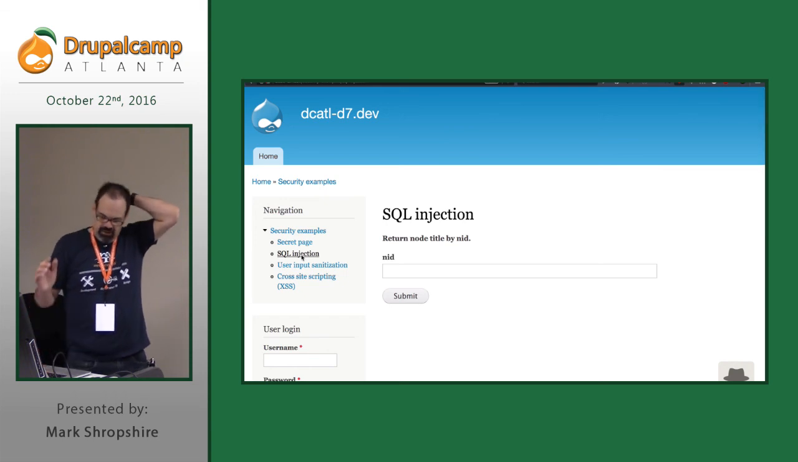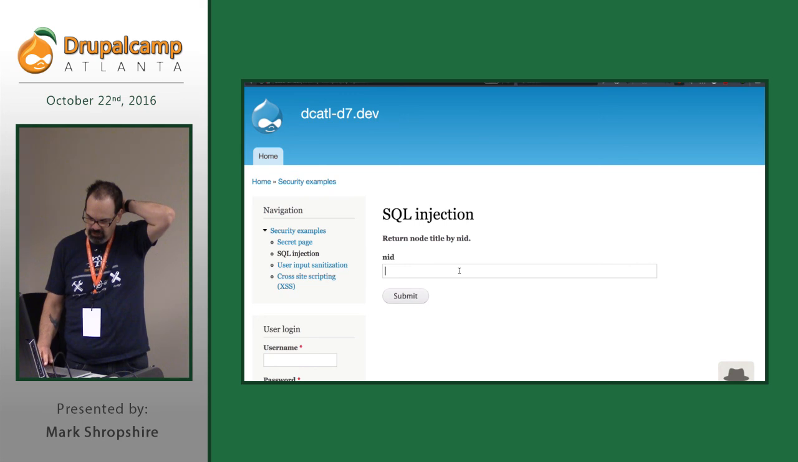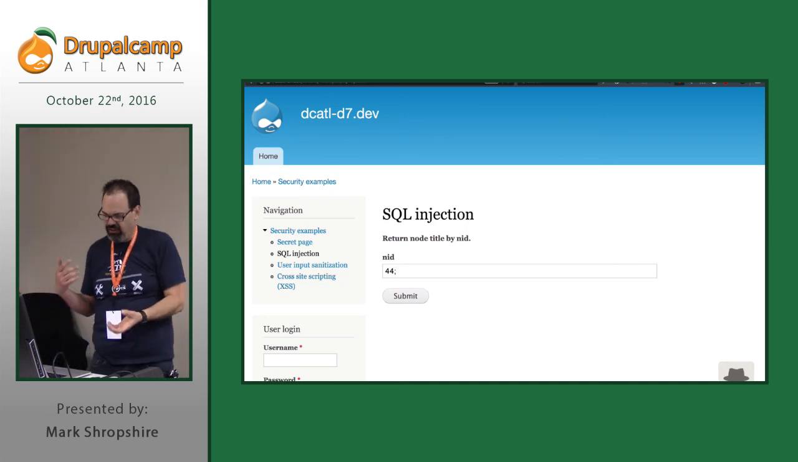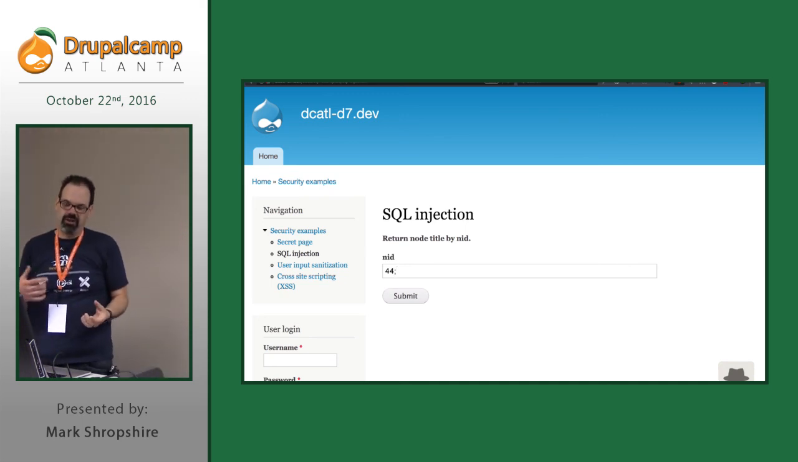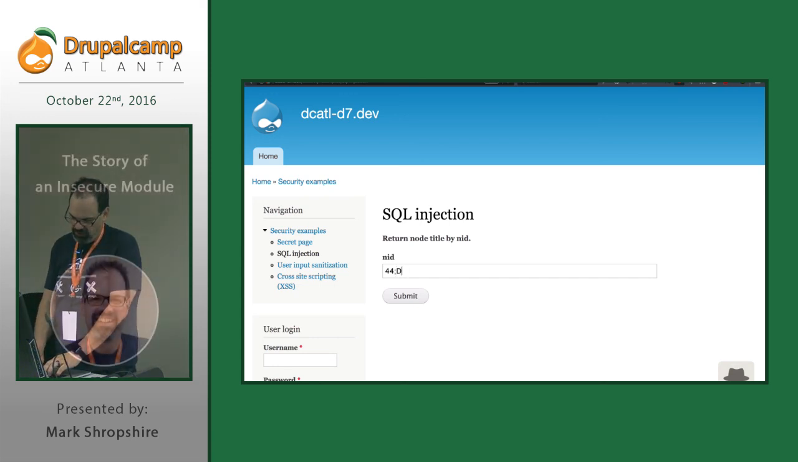SQL injection. This is an interesting example here. So this one actually errors. If I do, so I'm going to enter a node. I know I have a NID because I've used devel generate to generate some content. So I've got a NID of 44, and I can do drop